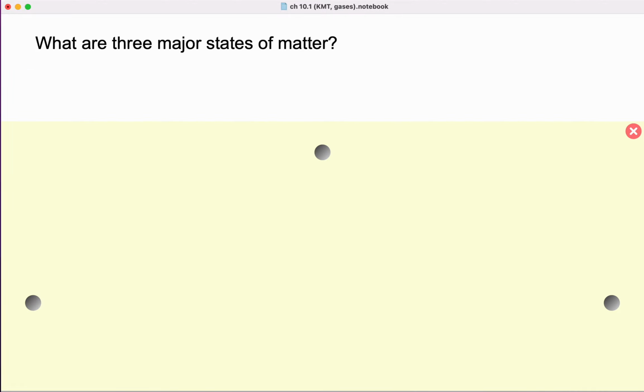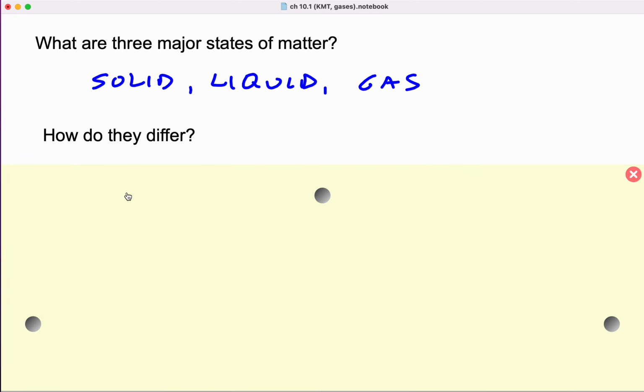the question, what are the 3 major states of matter? Well, this is something you learned back in elementary school. Of course, the 3 major states of matter are solid, liquid, and gas. And you may have discussed this previously, but we're going to talk in detail about how these states of matter